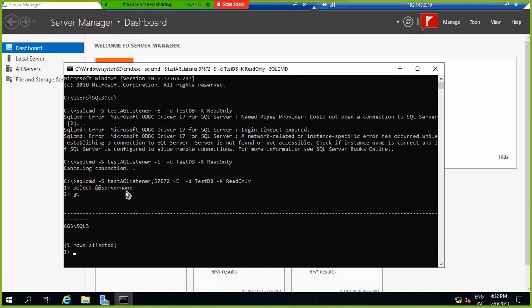Just keep in mind when you are creating a login at Windows level, whatever permission you have given at the database level replicates, but at server level you have to create the login. So for Windows you need to just create the login on the secondary instance, don't put SID. Okay, just be online.